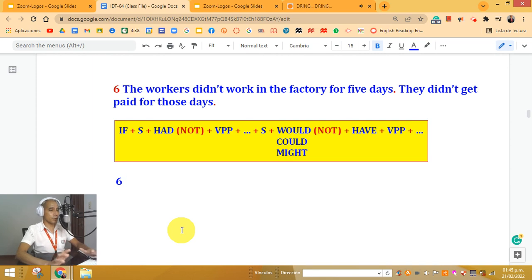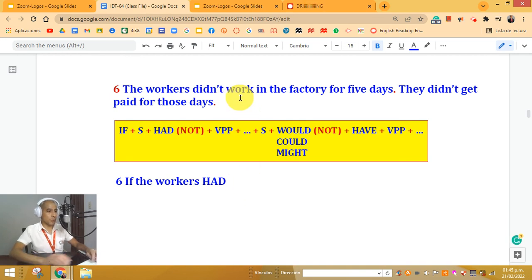Okay, let's check your answer. What's the first thing that we have to do? You remember? Yeah, that's right. We have to put first the conditional if, then the subject. In this case, my subject is the workers. Now, my verb is in the negative form. Okay, didn't. I have to change it into the affirmative form, but I have to use had. So I have to put had affirmative because in the original sentence says didn't. If the workers had, which is my verb, work, so I turn into the past participle form. If the workers had worked, and I copy the rest of the information in the factory